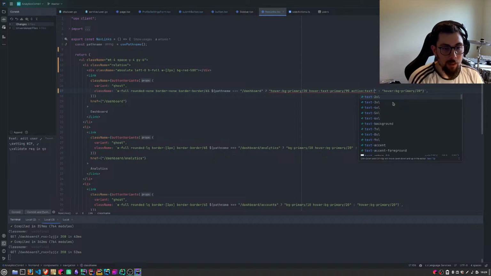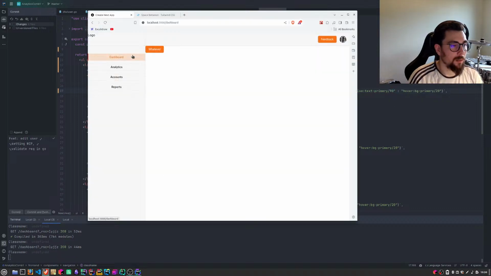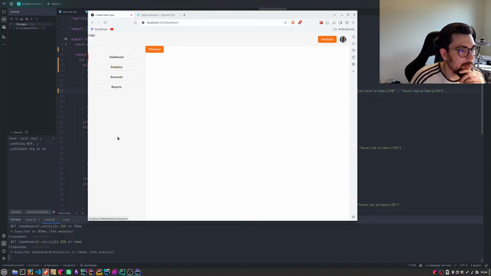Also need the primary 90, I think. Let's see. So no, that's not the active state. What do you mean it's not the active state?